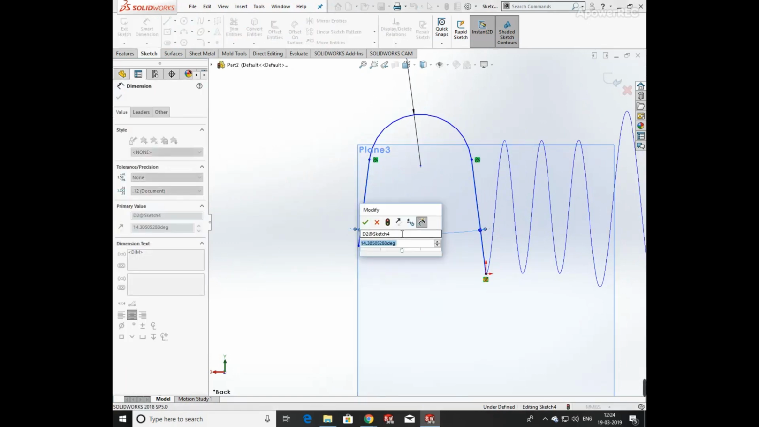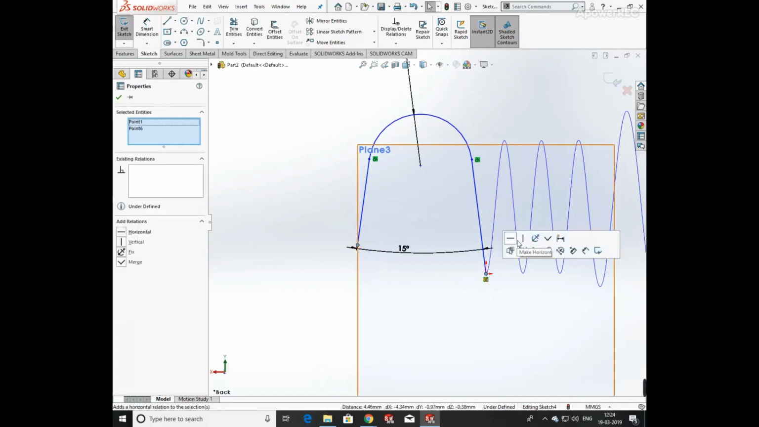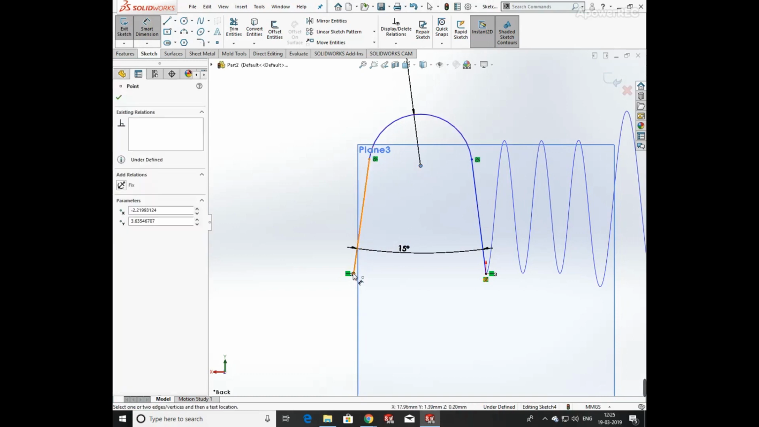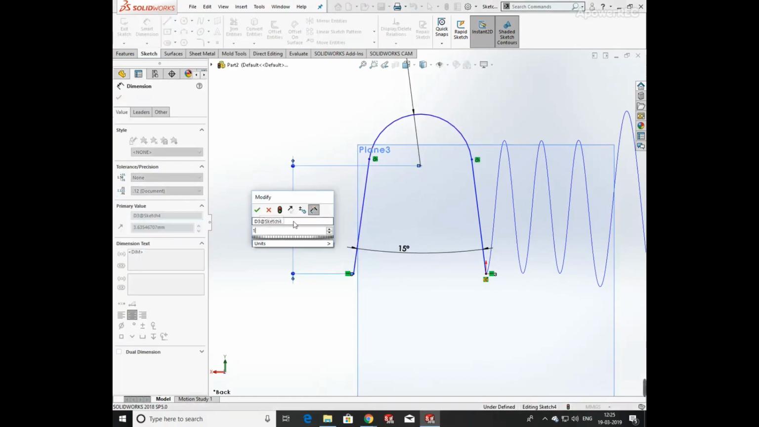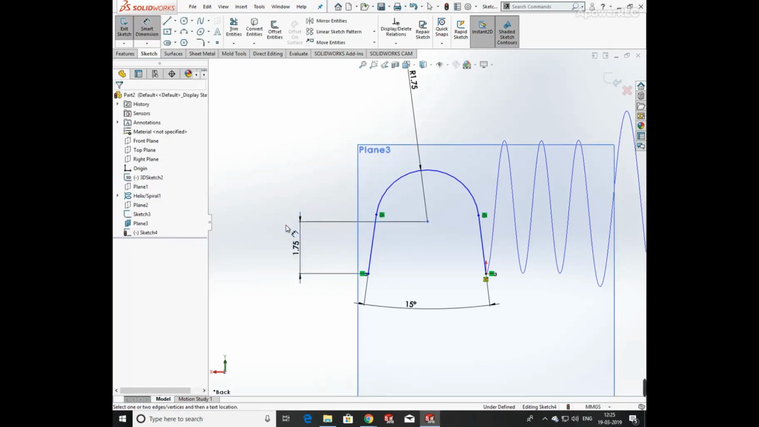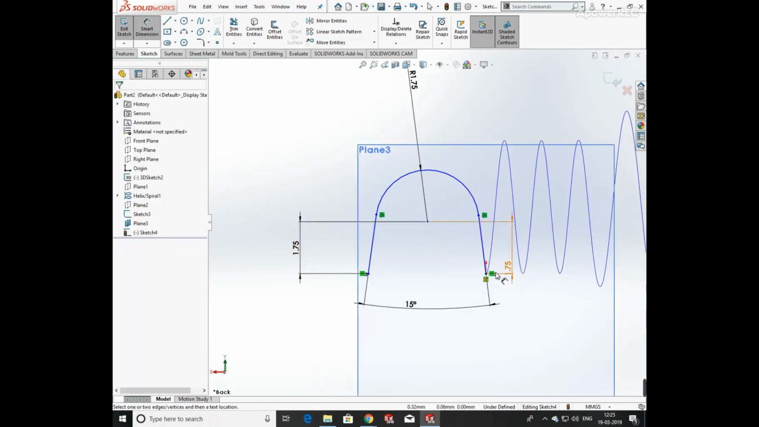Keep both the lines at an angle of 15 degrees. Add the relation horizontal between them. And define the line height, and the arc height is 1.75. And its length is 1.25 mm, but we cannot draw this because we already have added a relation